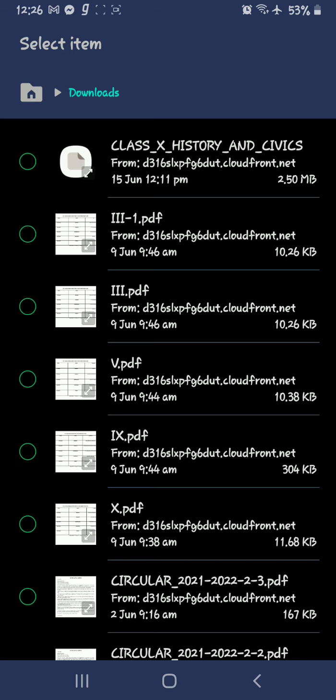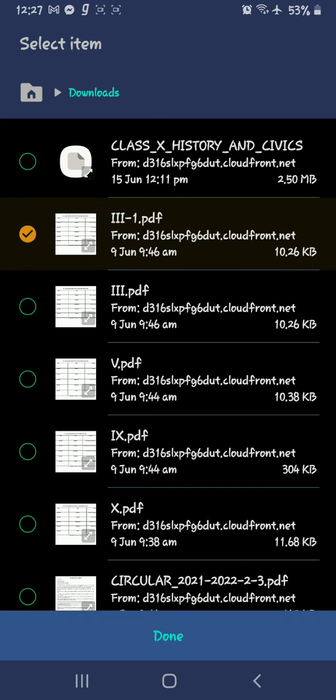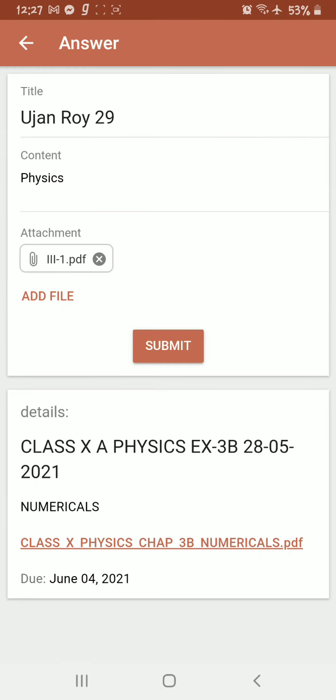Now see this, suppose this is my scanned PDF file that I have created, the exam paper's PDF file. All the sheets I have made into one PDF file. That file is here. I am choosing the file and clicking on Done, and see, that file is already showing here. It means now this exam answer script is ready to send.